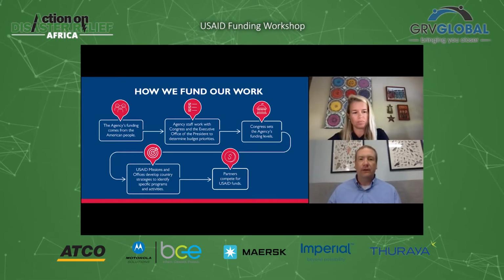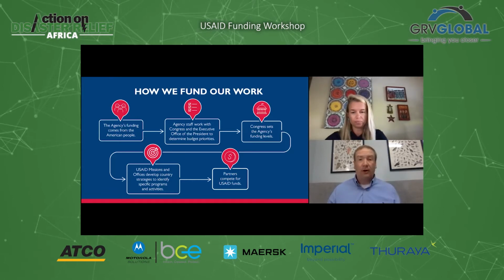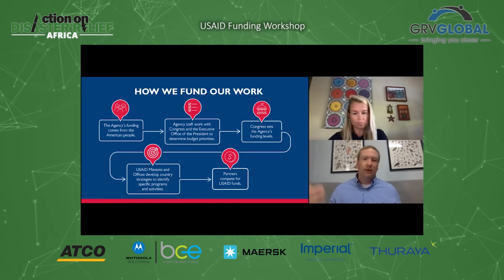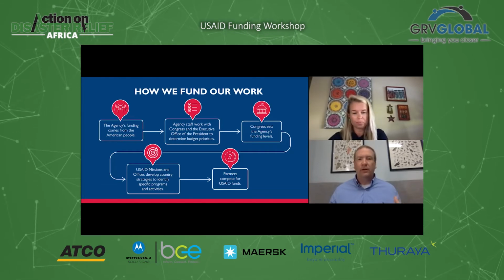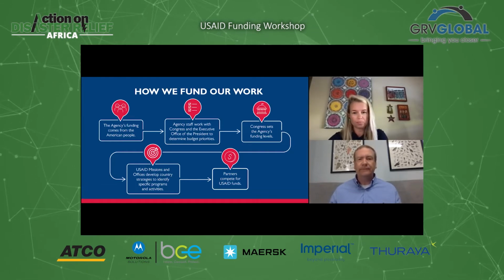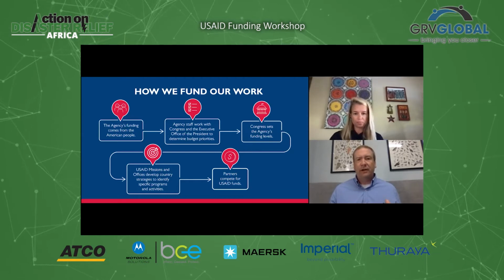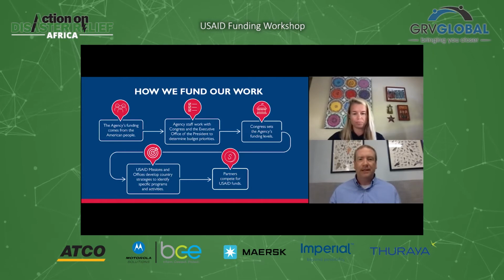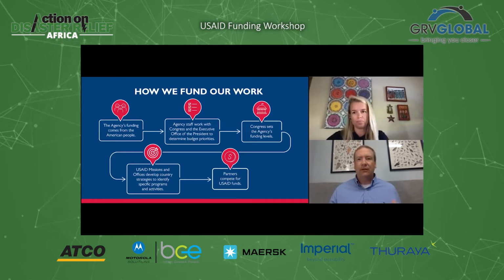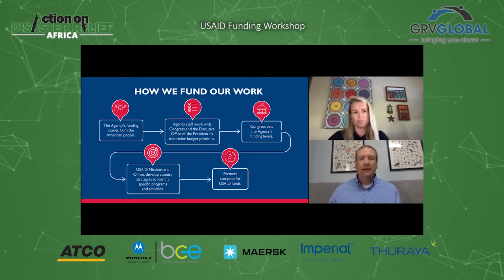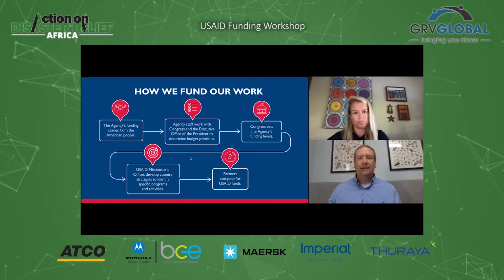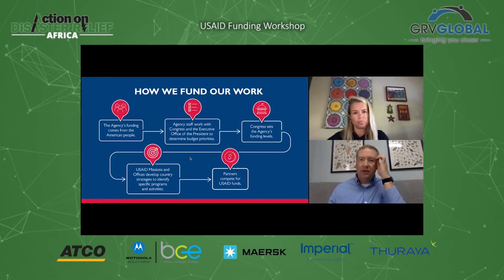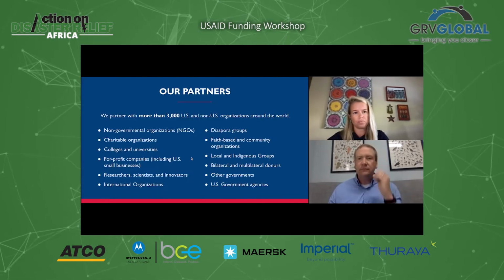And so it's really important, if you're interested in partnering or working with USAID, to figure out the alignment between the work that you as an organization are doing and USAID's priorities and the work that we're doing. All of our country development cooperation strategies are available on the agency's website for you to take a look at. It's a great place to begin thinking about whether there are specific countries or specific sectors or areas that you're interested in working in. I would encourage you to take a look at those.